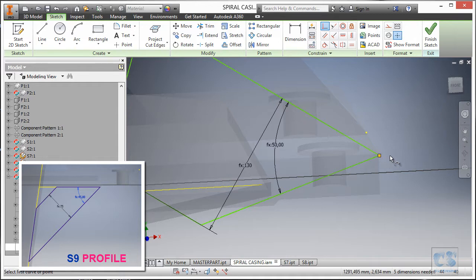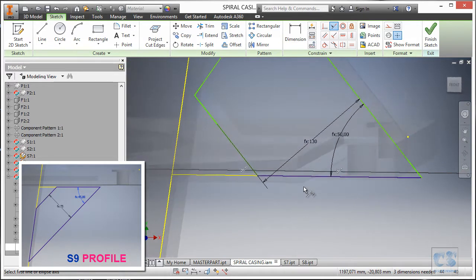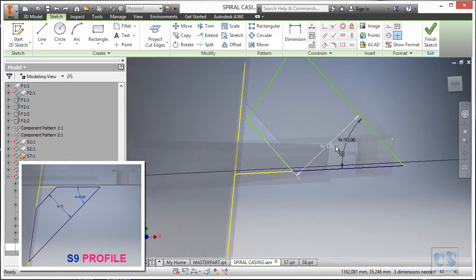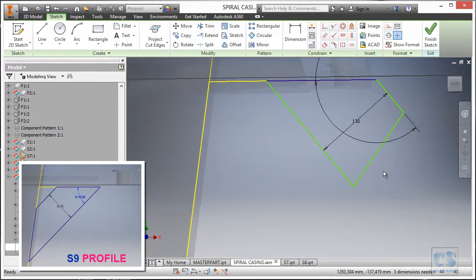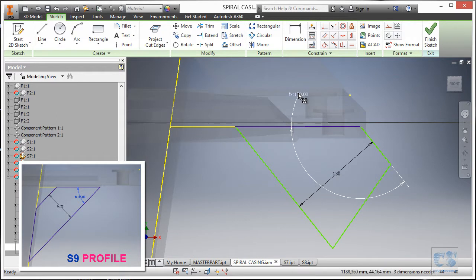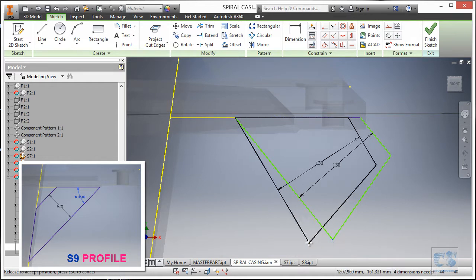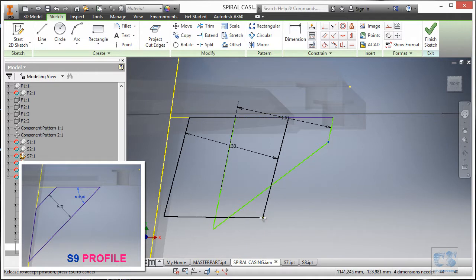So we will connect this and make sure that we have the collinear between these two, and let's see. So what is the faster way to do this? So we are going to make this a driven dimension, this also, and we're going to drag this like this, and since this is flipped, we are just going to remove this, and let's see if we move this like so, and this one like that.